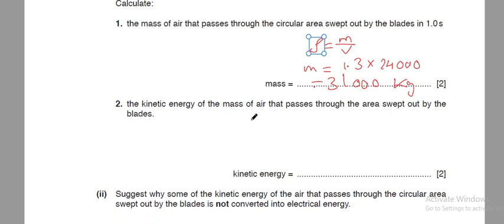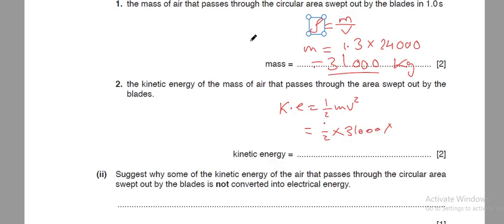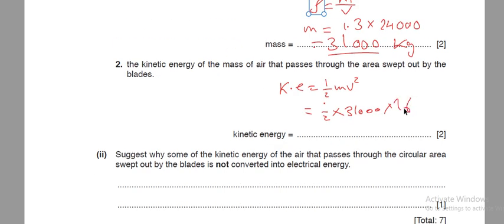Kinetic energy of the mass of air that passes through the area swept out by the blades will be given by the relation half m v squared, so it is half times m that we have just calculated times v squared, where v is 60 meter per second. The answer will be,